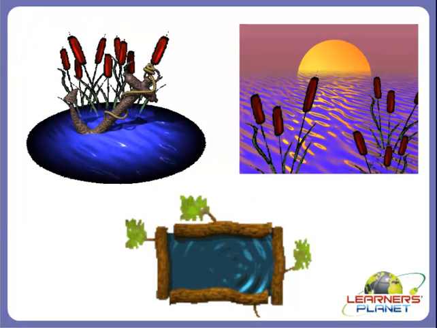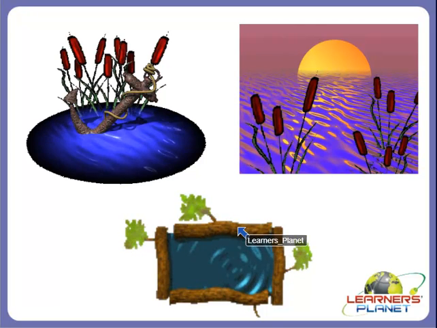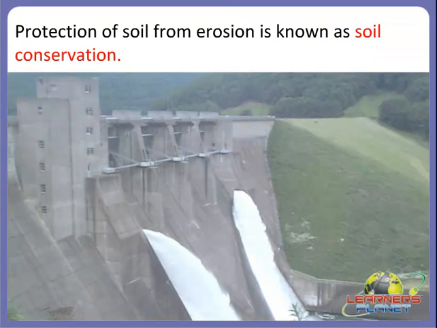Then water flowing at speed can easily take away a lot of topsoil. So always remember that dams should be built across rivers to stop floods. Here we can see the picture of a dam. This is a dam. So a dam should be built across a river to stop floods. Okay children? So we can say that dams should be built to stop soil erosion.